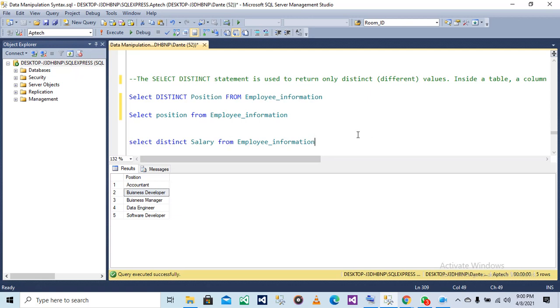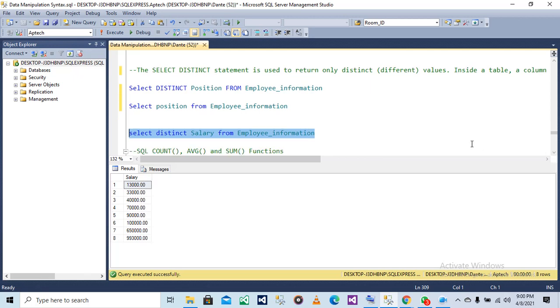keyword. Why I'm using it with salary too. Let's say you want to know how much all these salaries you pay. What if you are paying 20,000, 30,000, 40,000, 50,000 in this company? We just want to know the kind of salary we pay, not who we are paying it to. So if you use this now on the salary column, you will know that okay, in this company we pay 1,300, we pay this. Okay, so it's just to specify the amount of a particular information you have.